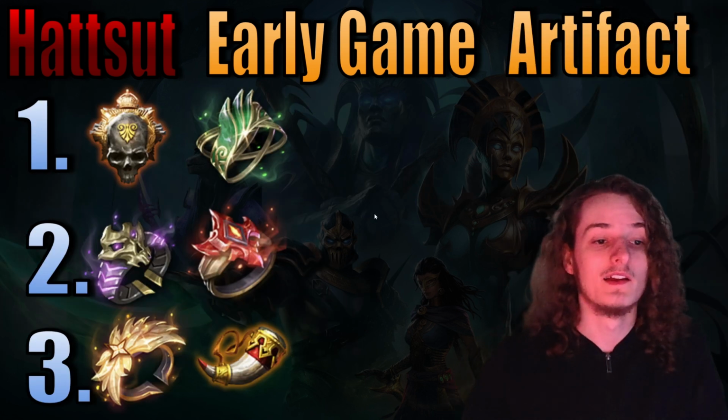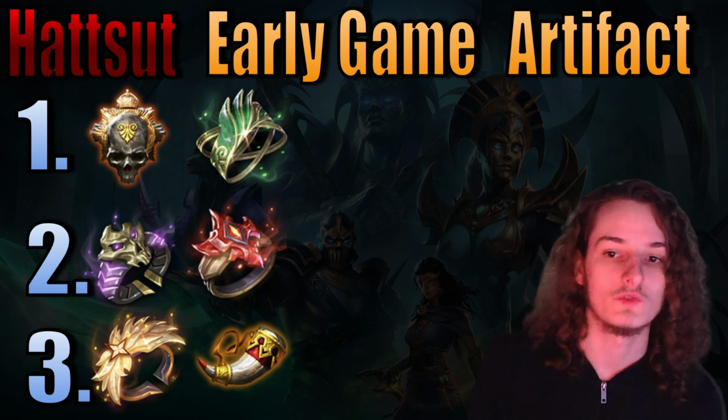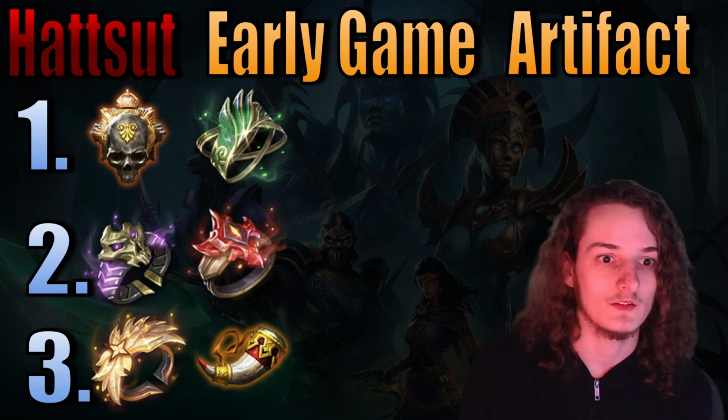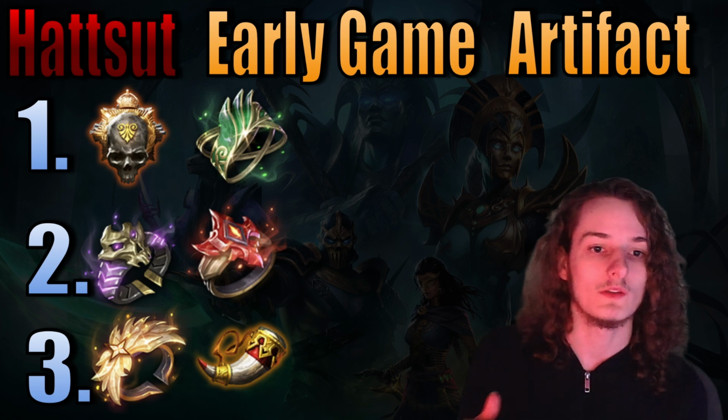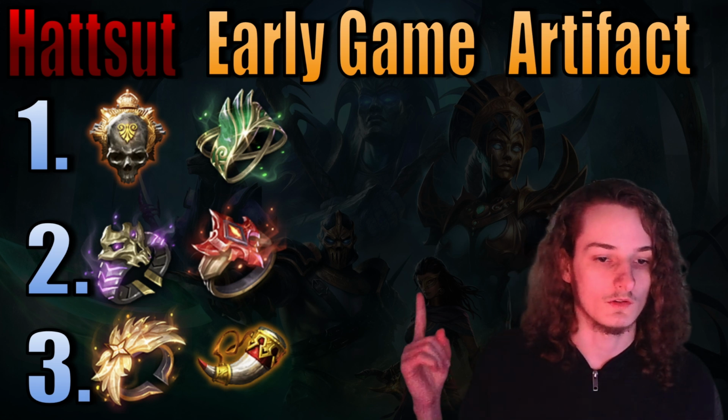Onto artifacts, the top choices are easily going to be Keen Wisdom, just because it boosts your overall attack percent, then Idrit's Gaze for the defense ignore. If you don't have access to either of those, or if they're already on other characters, you can use a